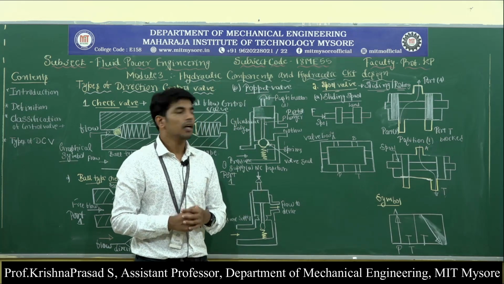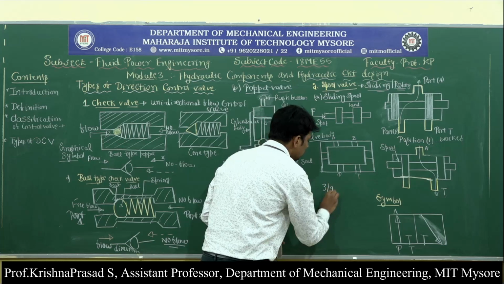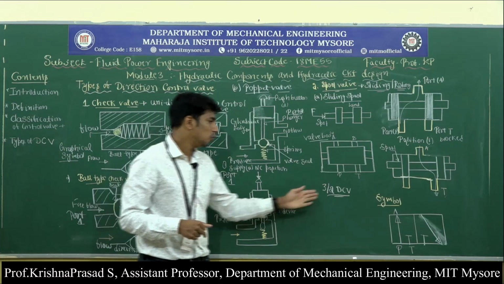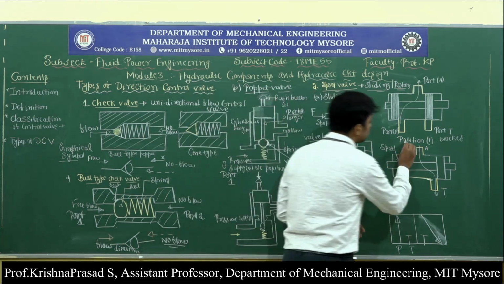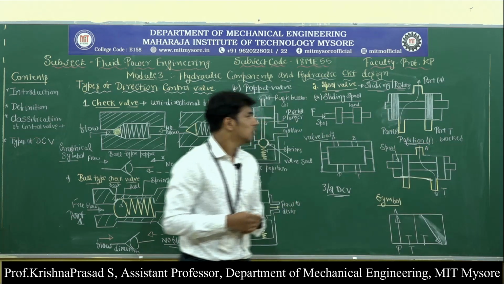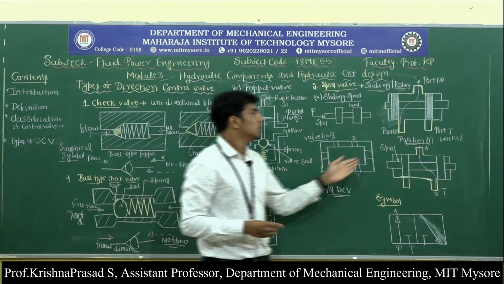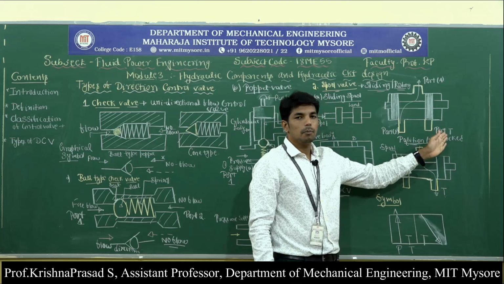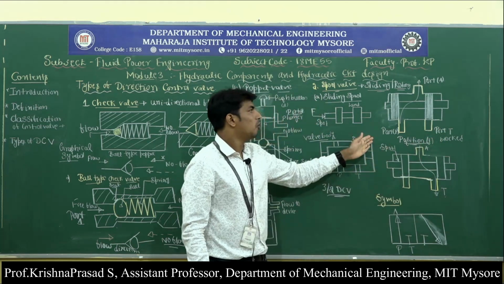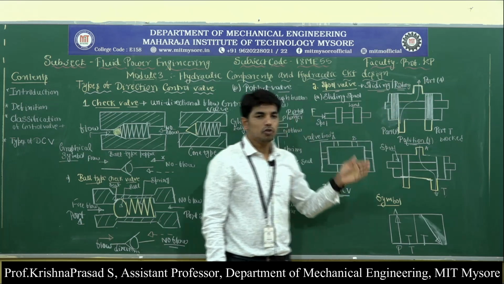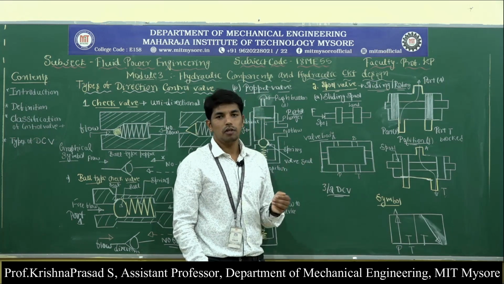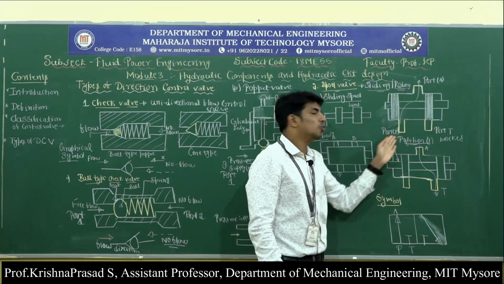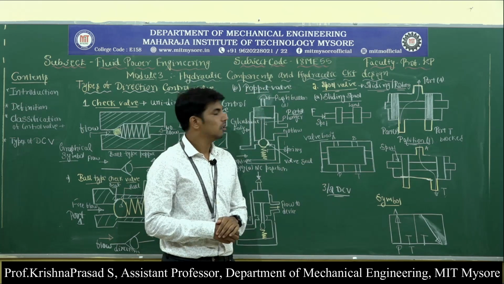Then what is the working of the sliding spool valve? It can be explained with the help of the 3/2 direction control valve. What is meant by the 3? 3 is nothing but 3 ports, 2 represents 2 positions. So observe here, position 1. Initially the sliding spool valve is in position 1, the tank port T is blocked and the pump port is connected to the outlet port A. So during this position, the highly pressurized fluid from the sump is transferred to the outlet port A through the pump port P. This is the first position.